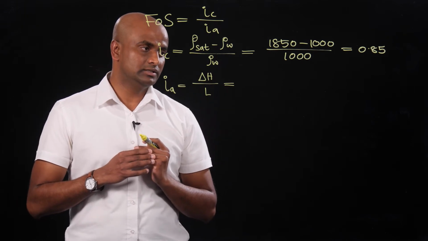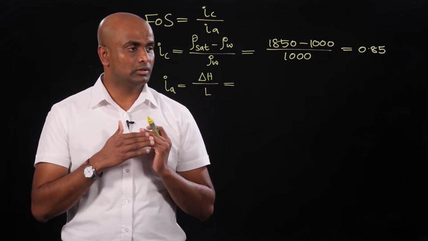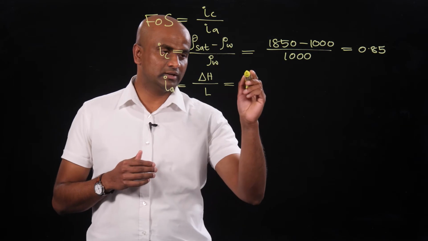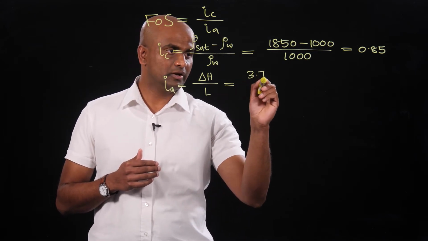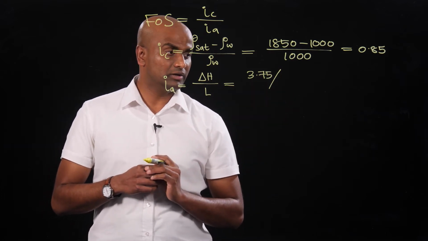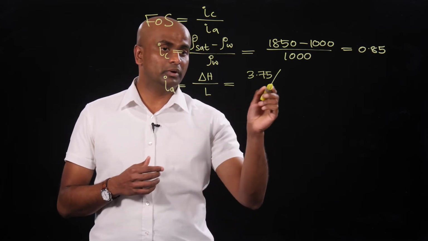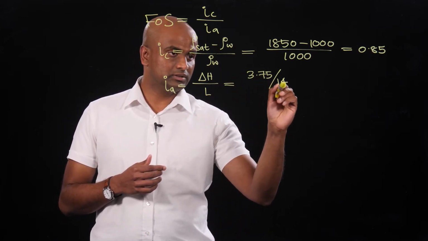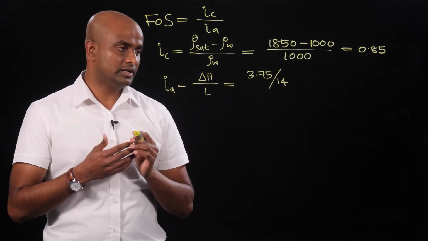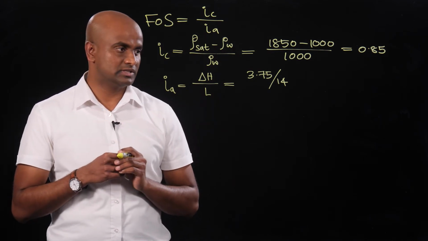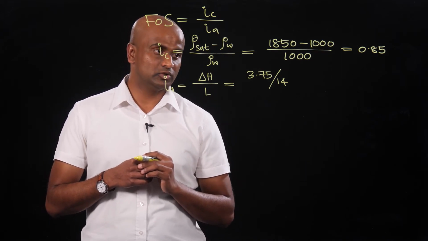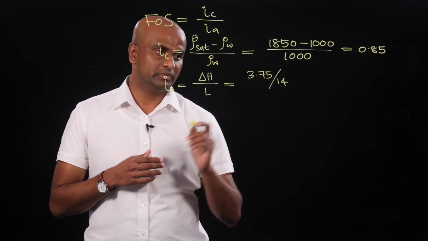So the total head difference across the total number of equipotential lines is the total head difference between the upstream and downstream, which we calculated as 3.75, and we have 14 total equipotential head drops. Therefore, per one equipotential head drop, there will be 3.75 divided by 14 head drop. That is common for any two equipotential head drops. So across the exit square also, the head drop is 3.75 divided by 14,